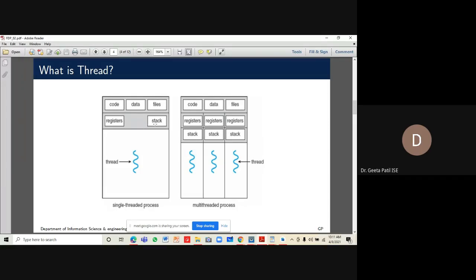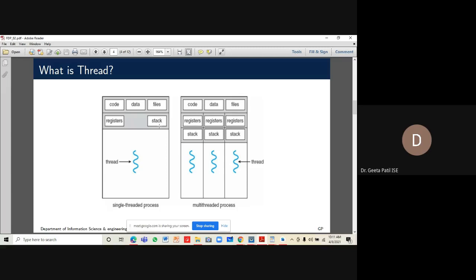So when I am launching a Word document, a corresponding process is created, and that process has these parameters: code, data, some of the files which it requires, registers, and stack. So it consumes some resources.